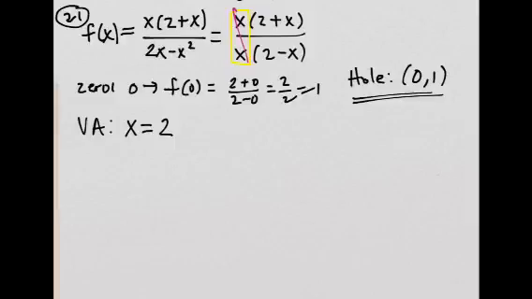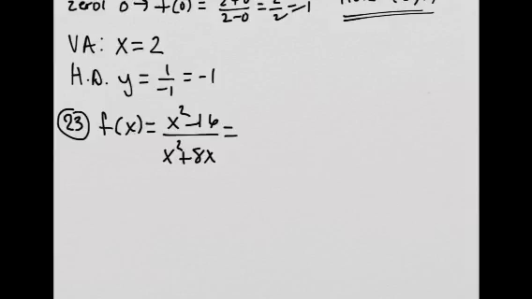Because the degrees of the leading terms are the same, this one and this one, then when that's the case, we look at, let me write it right here, the leading coefficients. So that's going to be y equals 1 over negative 1, so that's negative 1. So here, that's your horizontal asymptote. Alright, so 23, we're going to